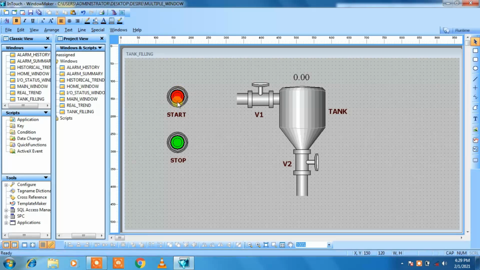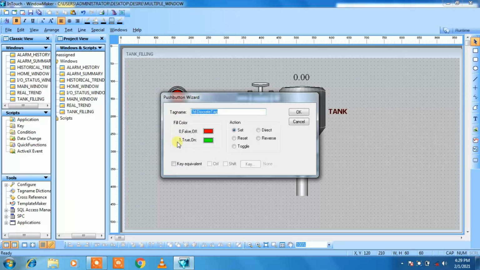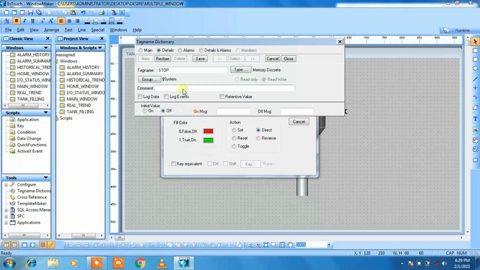Okay, means we have given the tag name and tag type for the start button. So we have to do the same thing for stop button. So double click on stop button, then push button wizard window will get open. Give the tag name as a stop. Okay, choose the action as a direct. Okay, so double click on tag name, then tag name dictionary window will get open.